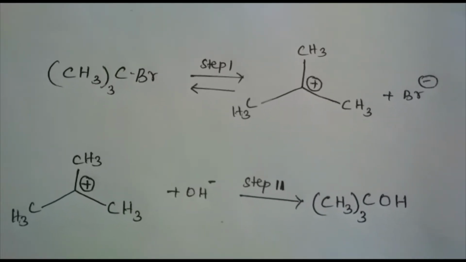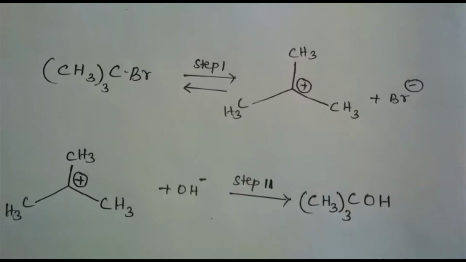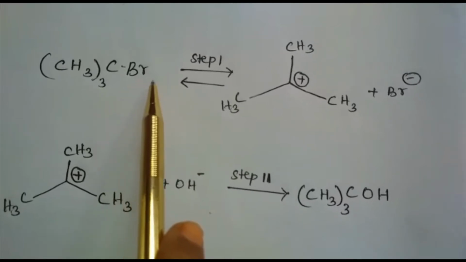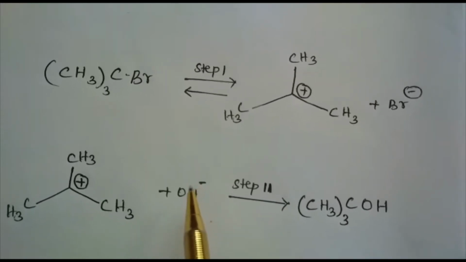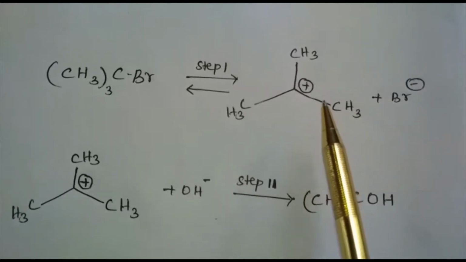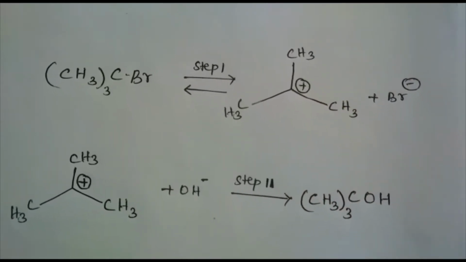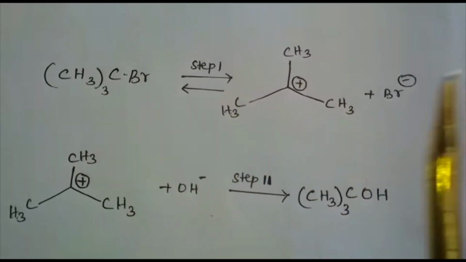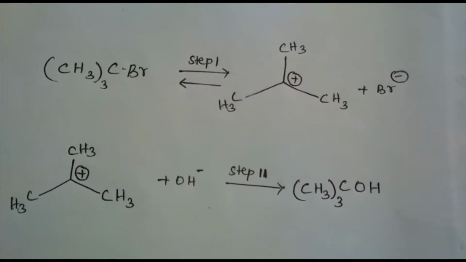of the protic solvent. Since the rate of the reaction depends upon the slowest step, the rate of the reaction depends only on the concentration of alkyl halide and not on the concentration of the hydroxide ion. And moreover, greater the stability of the carbocation, greater will be its ease of formation from alkyl halide and faster will be the rate of the reaction. In case of alkyl halides, tertiary alkyl halides undergo SN1 mechanism much faster because of the high stability of tertiary carbocations.